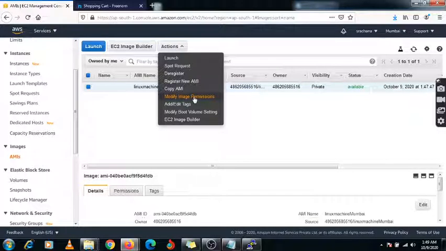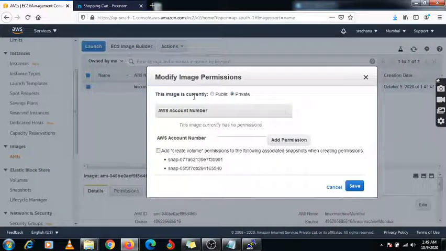In your premises suppose there are two accounts and if you want to launch your instance in another account, then you need to use this option. I'm just showing how it looks. So here is the option public and private. Private means when you are sharing your image to another account, under the private option, that user will access your image, right? In public, it is all public. If you grant this image as public, it is visible to all the accounts, right? So the AWS account, you need to enter.